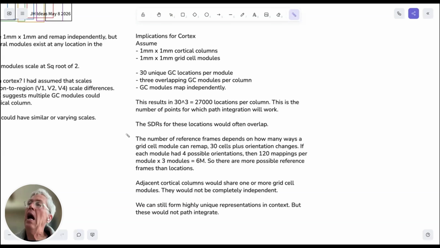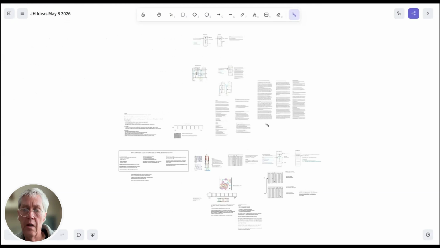On top of that, I could still have our mechanism for mini columns, and I could make a very unique SDR out of each one of these 27,000 locations. I can create a very unique representation if I use a mini column, but the path integration wouldn't work on those cells. It only works on the mini columns. This is similar to, if I can just jump down here for a second,